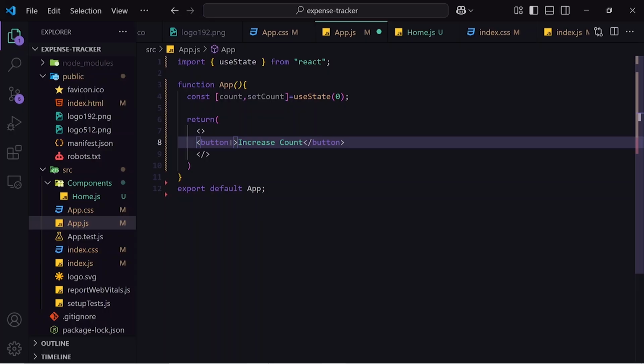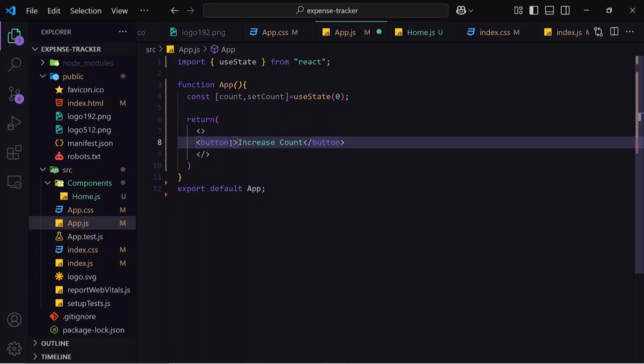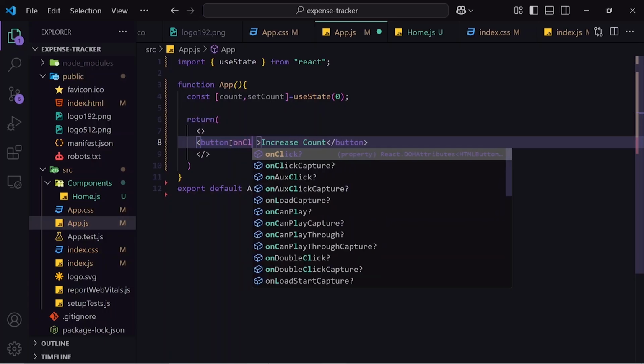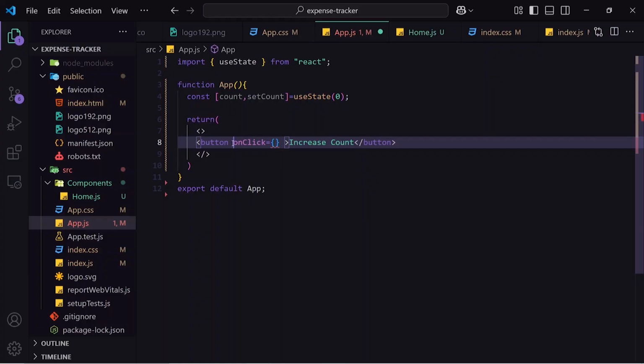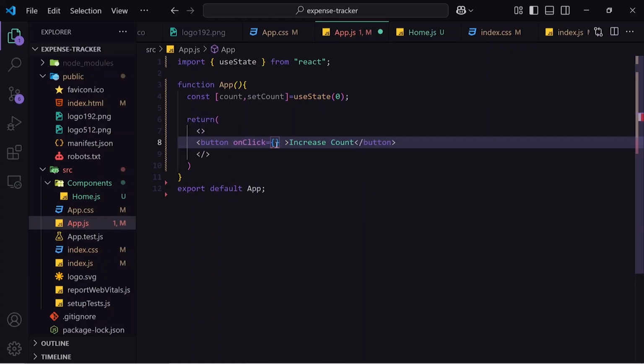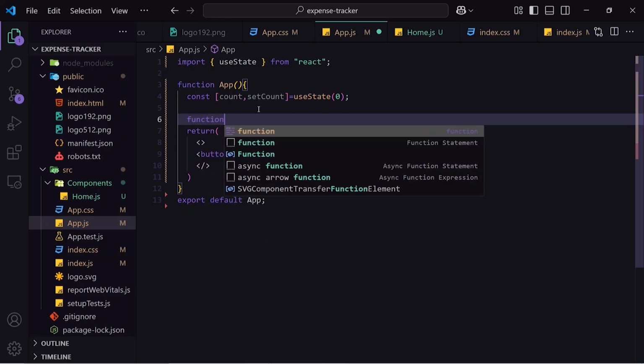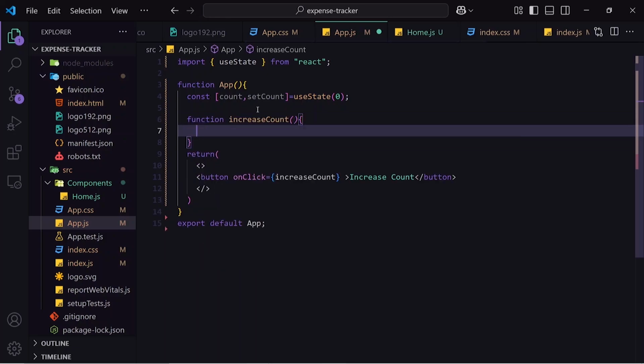So here the button or input has many events like onBlur, onType, onChange. You can explore it. I will tell you the most important one. So here I will write onClick. Whenever this button is clicked, we will call a function, and let's give the function name as increaseCount. Then I will come here. I have already told you we can create multiple functions inside a function. So I will call function increaseCount. And in this, what do we have to do? We have to increase this count